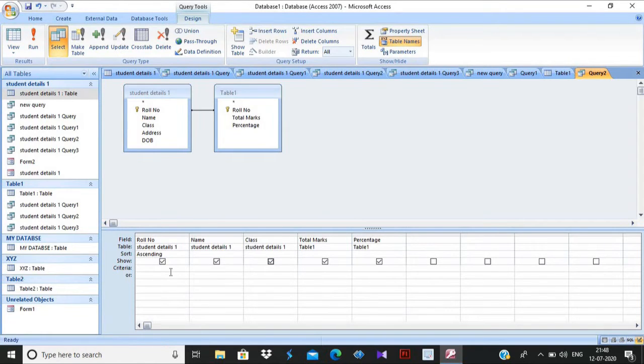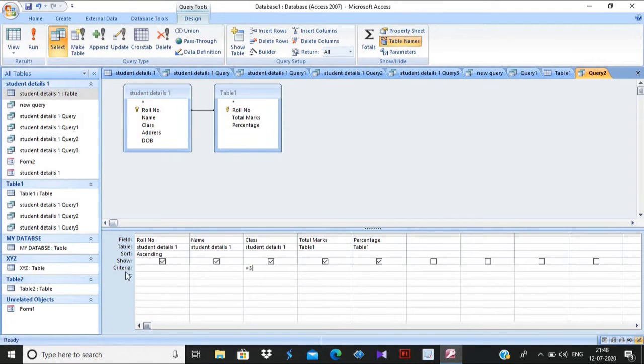Now the next one is Criteria, meaning you can set the criteria. How will you set the criteria? If I want the data of class third only, I can write equal to 3. If I want to search the data of only class 4, I can write 4. Suppose I write 3 here.